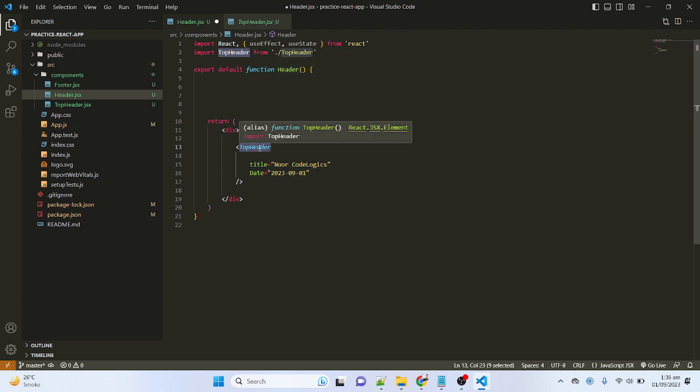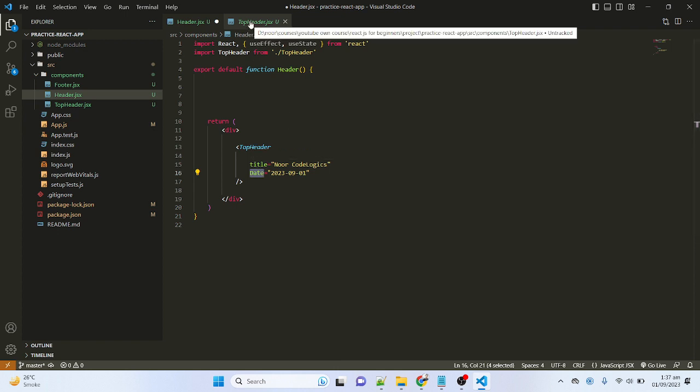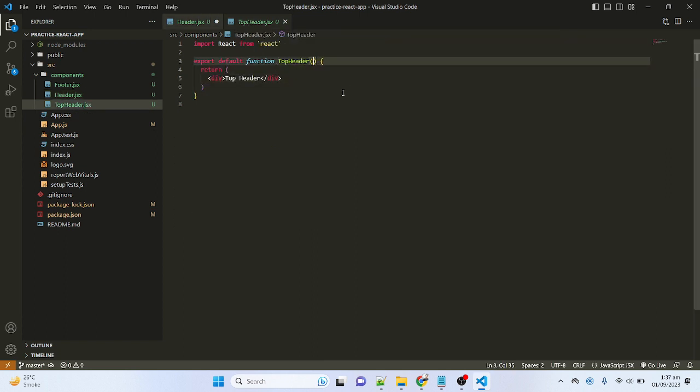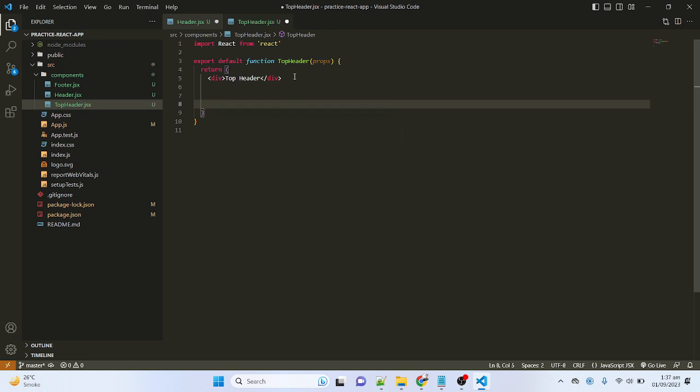Okay, now inside the top header component I can receive these values, the title and the date, either directly using the props, or I can also declare the variable name. Let me show you both ways. I will go to the top header and here just type props. Okay, and let me use also the variable values. So the first one was the title, and I will access the value inside the props. It is props.title. Okay,